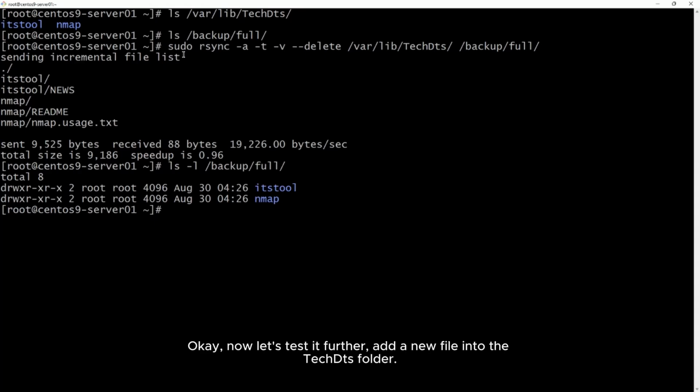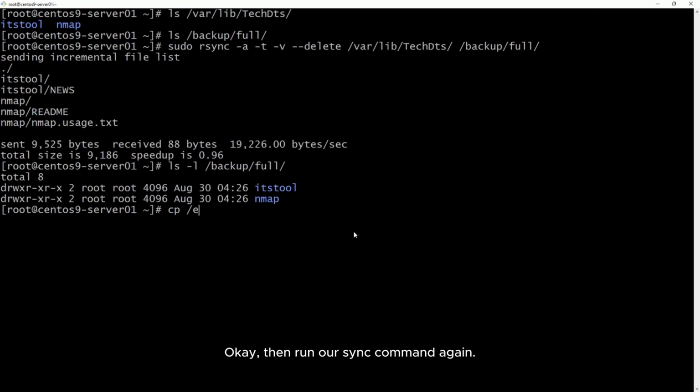Now let's test it further. Add a new file into the folder.